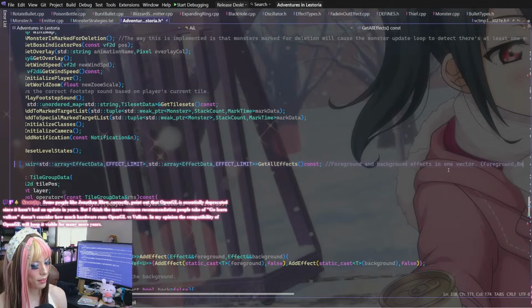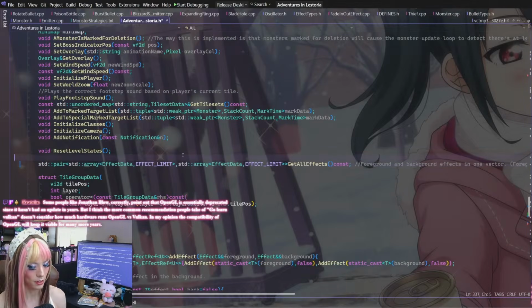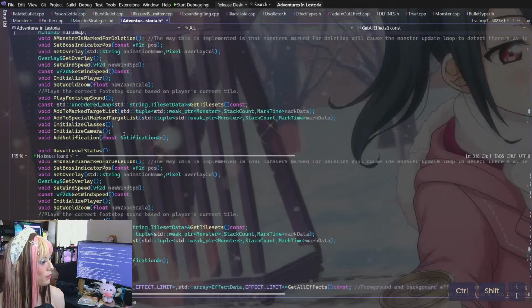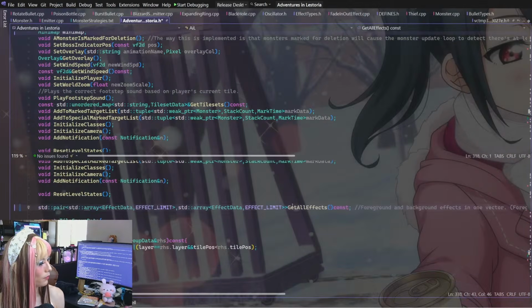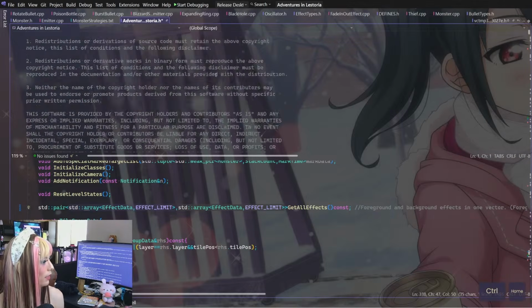I feel like the type it returns should specify that way I'm not confused, so at this point maybe we'll make a using for it, that way we actually know what we're doing here.